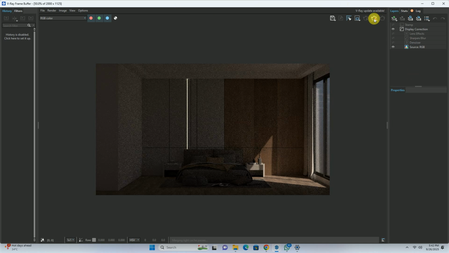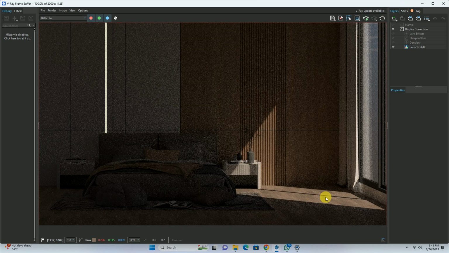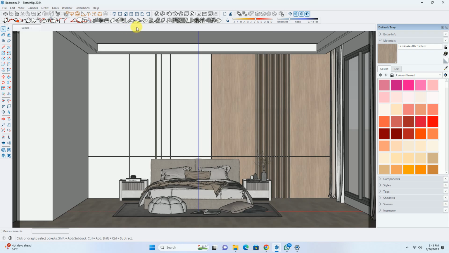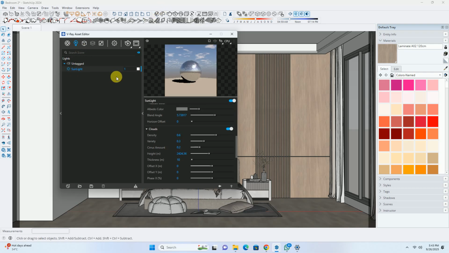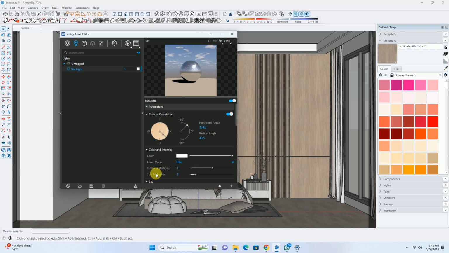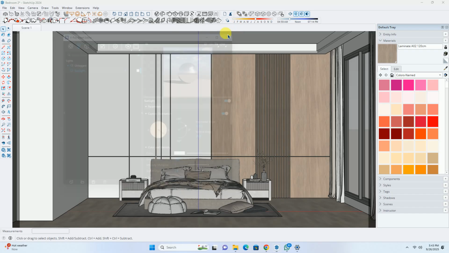Now while looking at the light, you can see this is a sharp image, and we are getting a shadow of this particular panel. What we can do is blur out this shadow effect. But for that, we'll have to go to V-Ray Accelerator. We'll go to light, then sunlight, and there's an option called size multiplier. We will increase the size multiplier. I'll alter some elements in this.